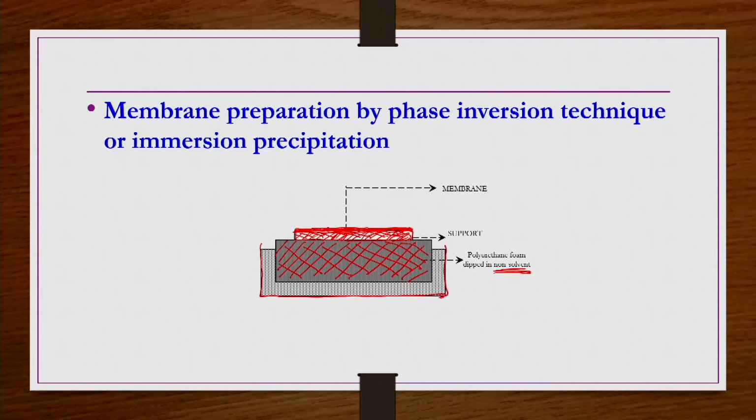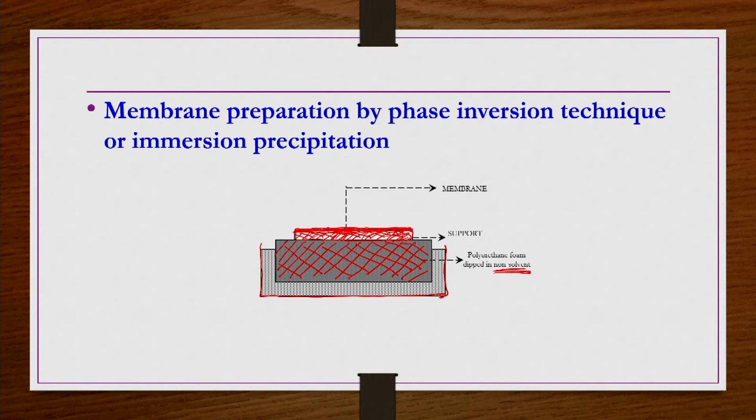If the macroporous structure of the support is already occupied by the non-solvent, then even if the polymer solution tries to come in, it will not be able to dissolve, because the porous structure is already occupied by the non-solvent. So the blocking will not take place. Once the solvent in the polymer solution is evaporated, and you take the support out and keep it outside of the foam, whatever non-solvent is inside the porous structure of the support